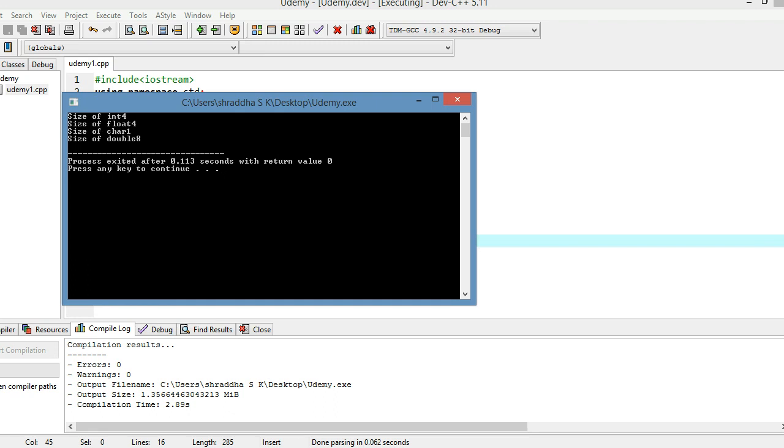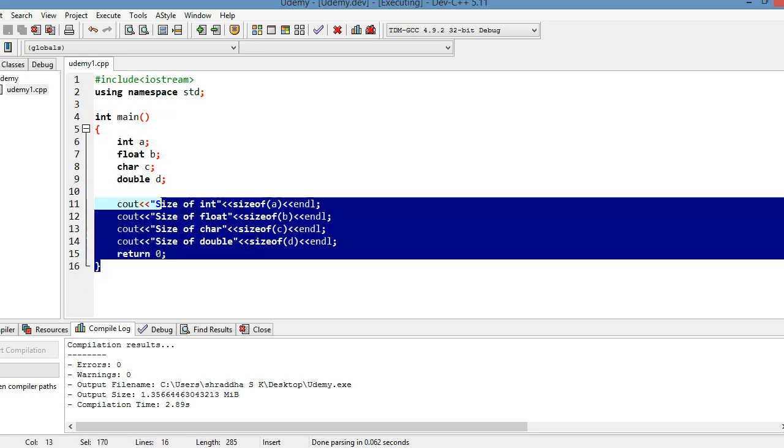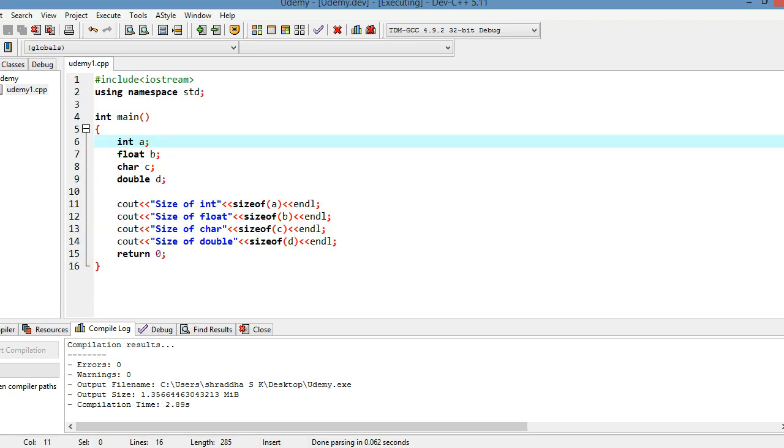So double requires 8 bytes of memory location in the system. So these are some operations that we can see in case of different data types. This is about primitive data types.